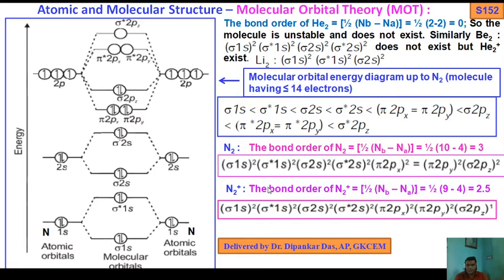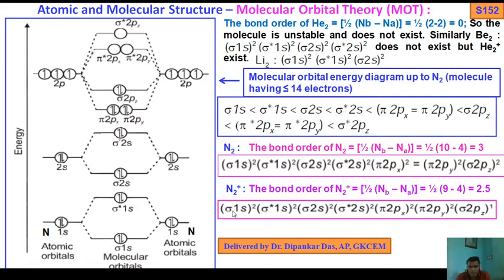Similarly, N2 plus means it loses electrons. Losing an electron means an electron goes from the sigma 2pz orbital, that is, the electron is reduced from the bonding orbitals. So it should be 9, where here you see 10. In case of 1 electron removed from sigma 2pz, N2 loses 1 electron, that is 9 minus 4. So if an electron goes from bonding, then bond order should decrease, that is 2.5.